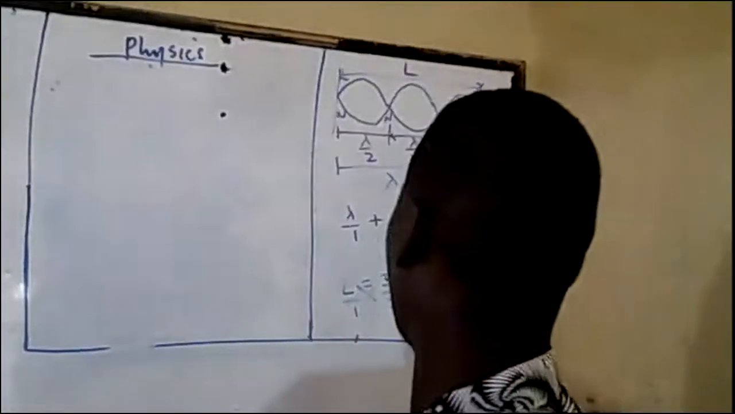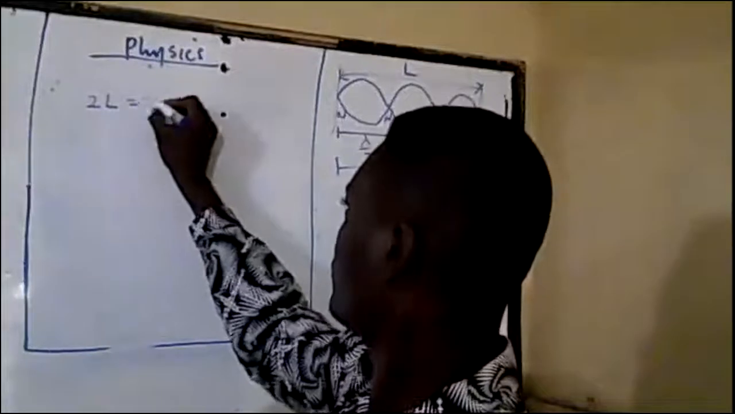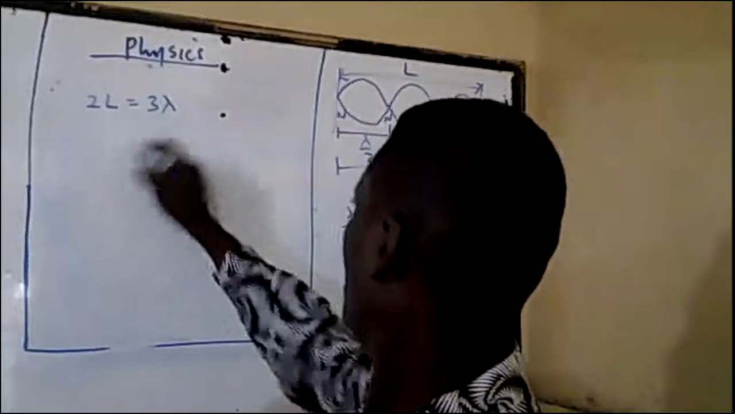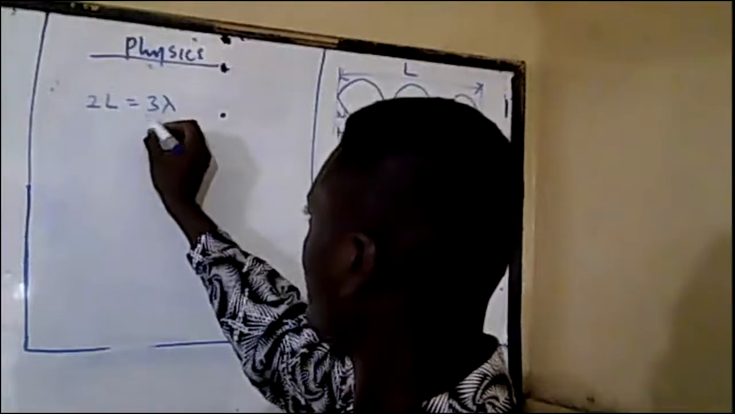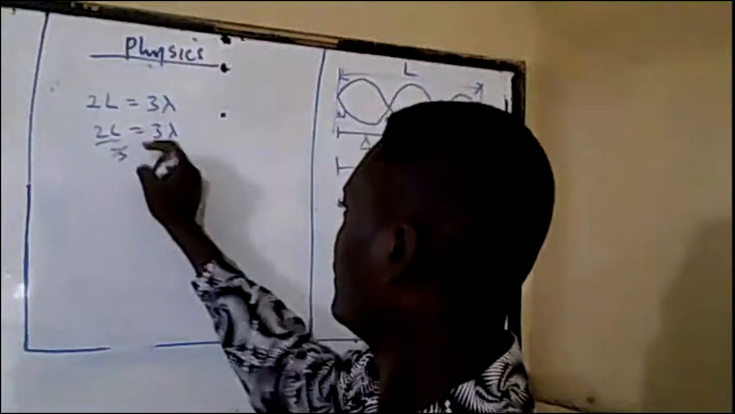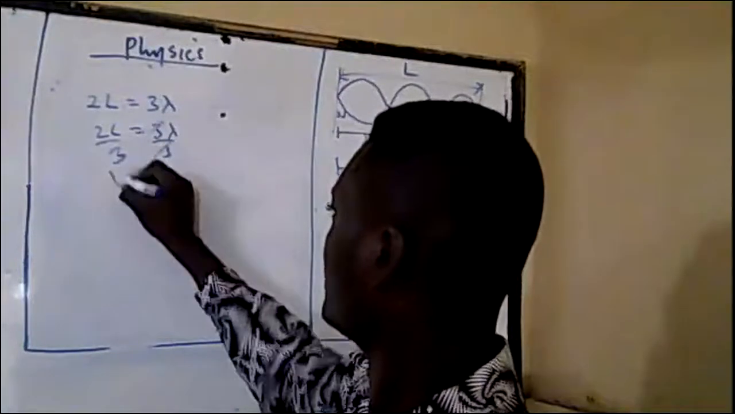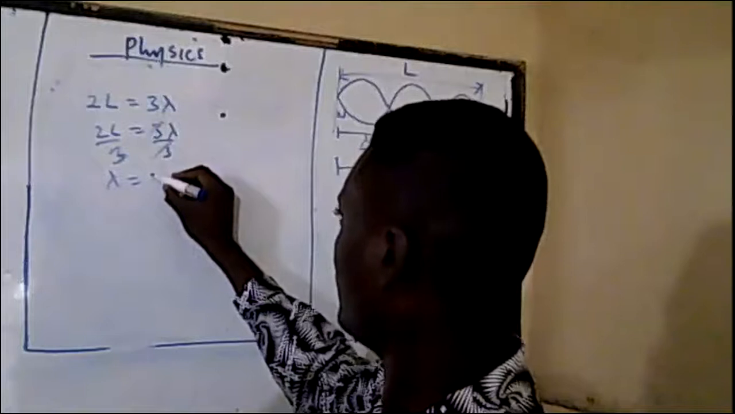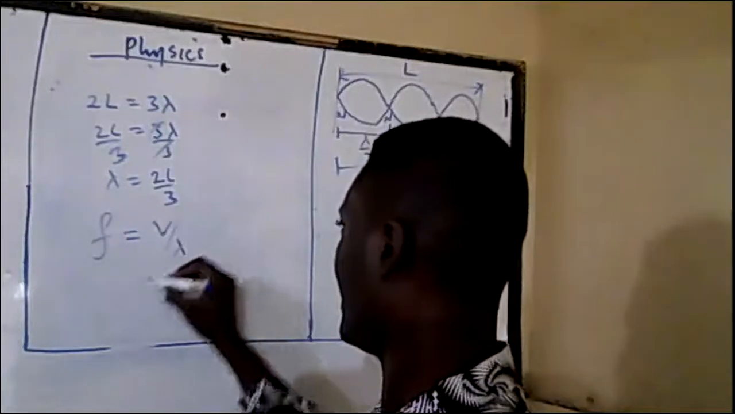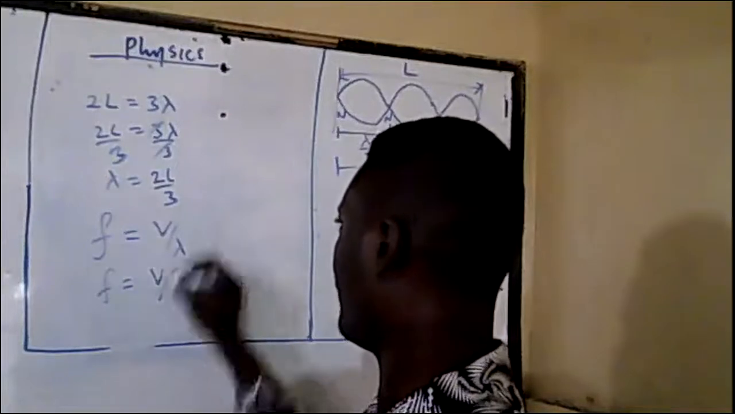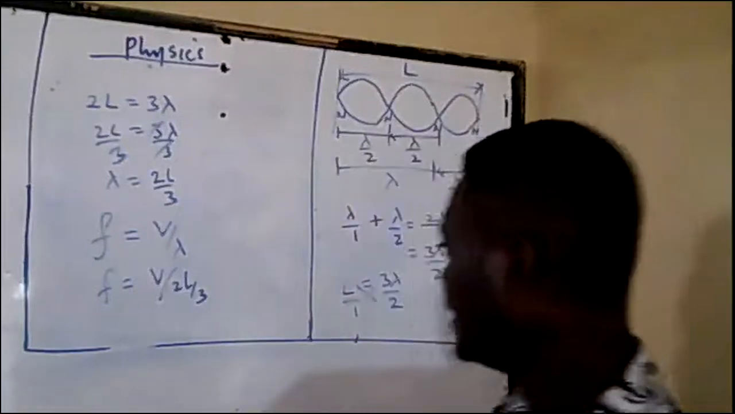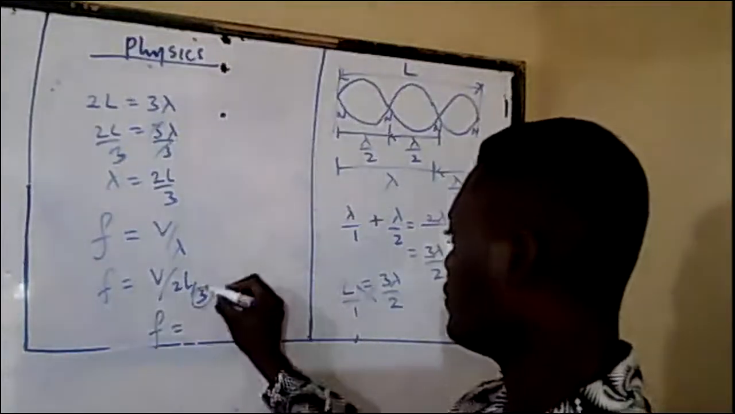So if I cross multiply, that gives me 2L is equal to 3 lambda, right? So lambda now, let's divide this side by 3. 2L is equal to 3 lambda, divide by 3, divide by 3. This cancels this, and lambda will give us 2L over 3. So relating it to F is equal to V over lambda, F is equal to V over 2L over 3. And at the end of the day, F will now give us this 3 will move upward